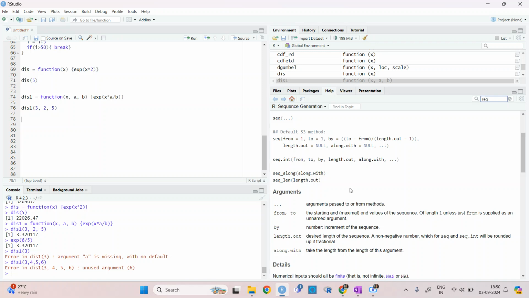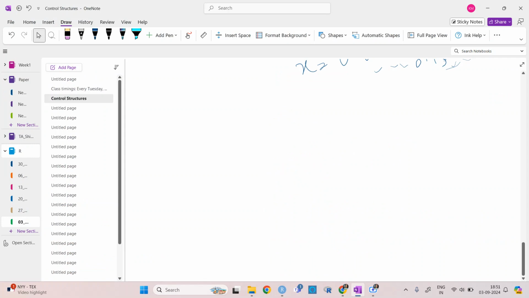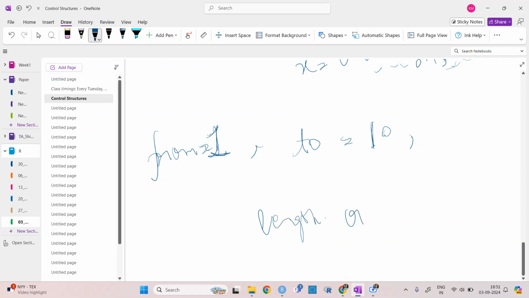There can basically be two ways. Let's say I am giving values from 1 to 10. Either I can say length out, let's say length out 20.